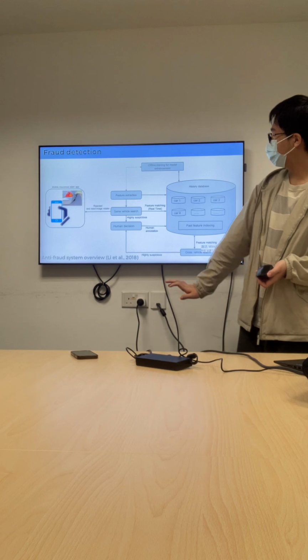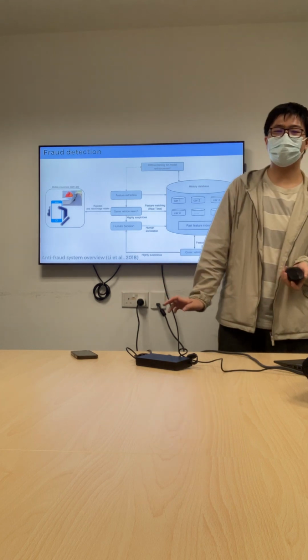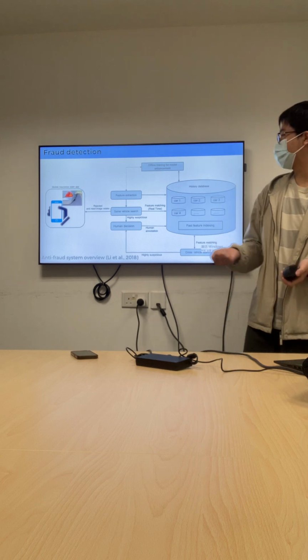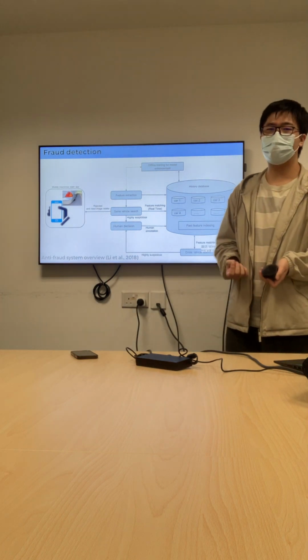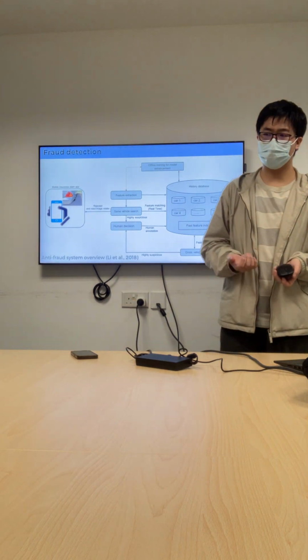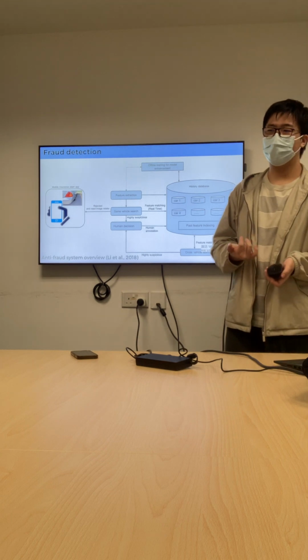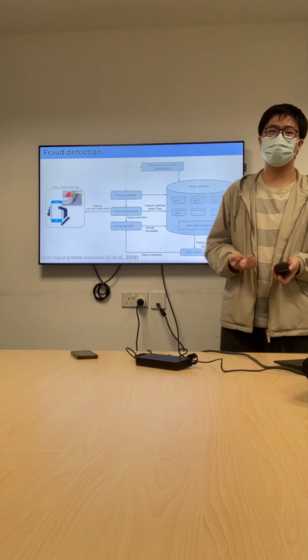And if fraud is detected, the system will reject this claim and ask for a new one. Otherwise, it will record this claim in the system and then exchange it to other parties like consumers,